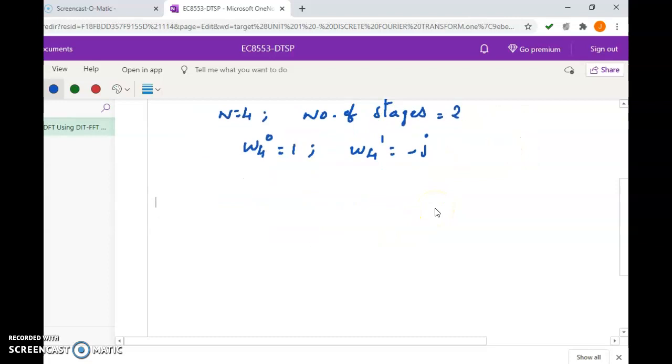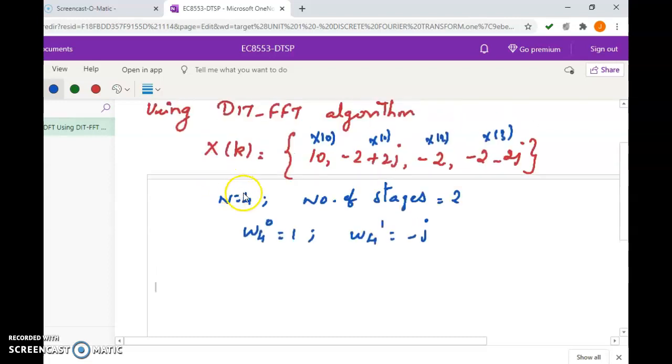Then what is the difference between the normal DFT and the inverse DFT using the DIT FFT algorithm? The input is given in complex form. If it is not given directly, you give the answer in complex conjugate form. So first you have to write the complex conjugate form. X star of 0 is equal to 10, because it is a real number. Then X star of 1 equals minus 2 plus 2j conjugated, so this data is minus 2 minus 2j.